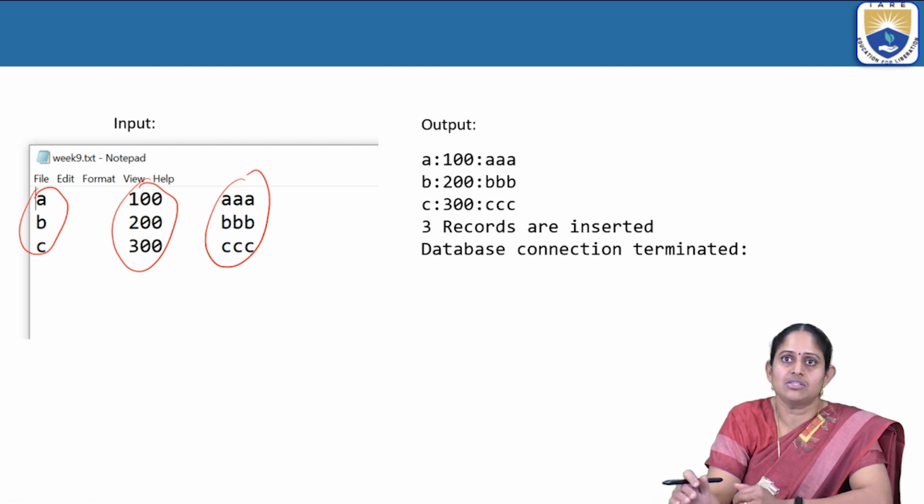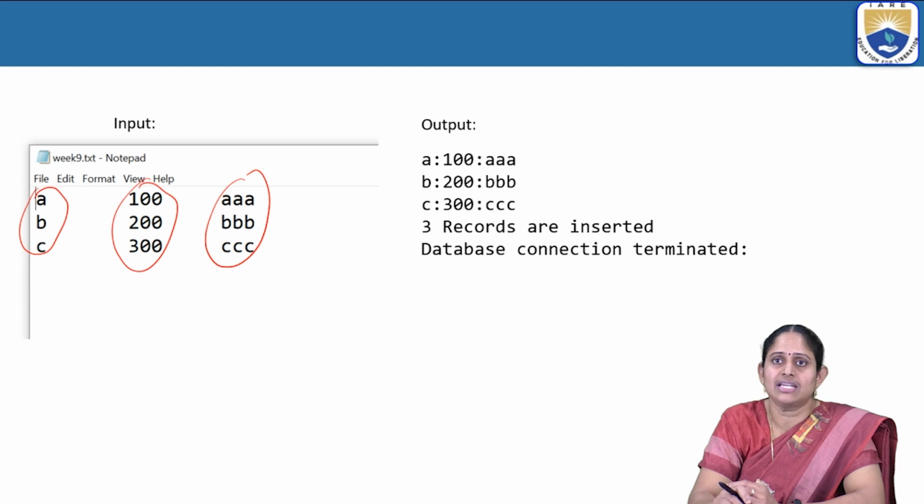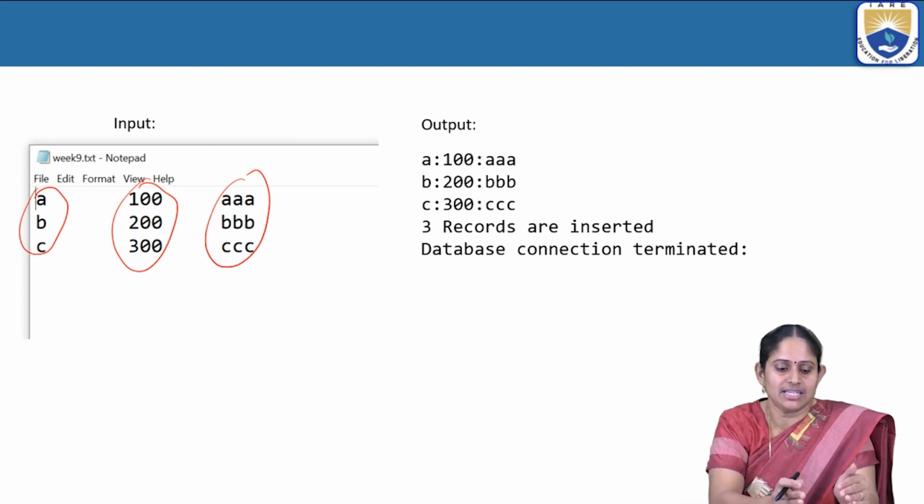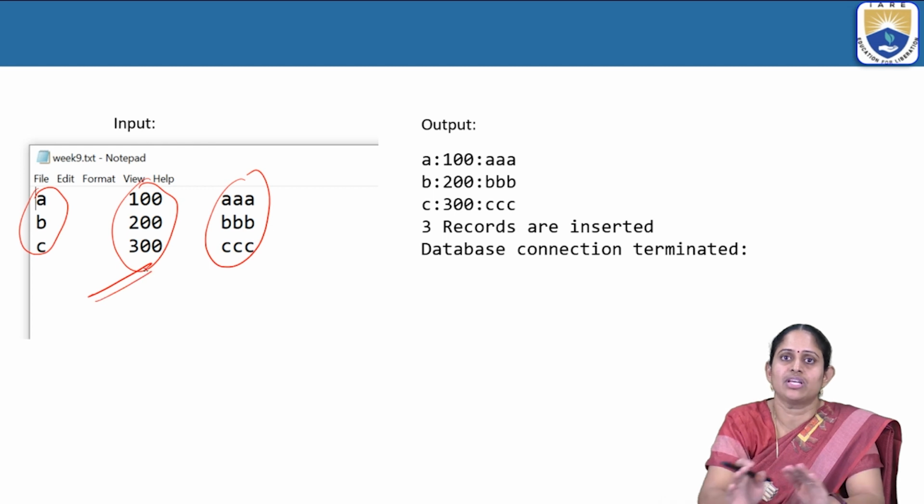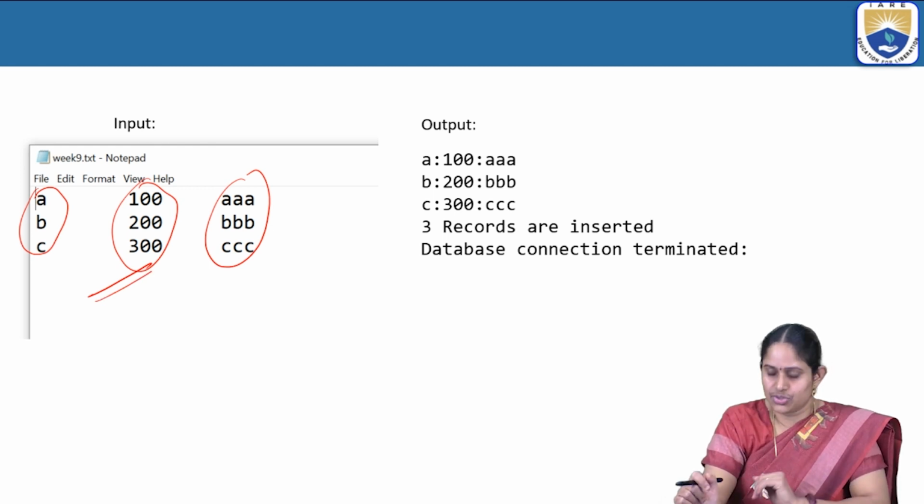So before executing this program, we have to create an empty table inside the database. So we have to create the empty table in the database and keep it there. And then once we execute this program, these whole contents will be stored into the database. So here